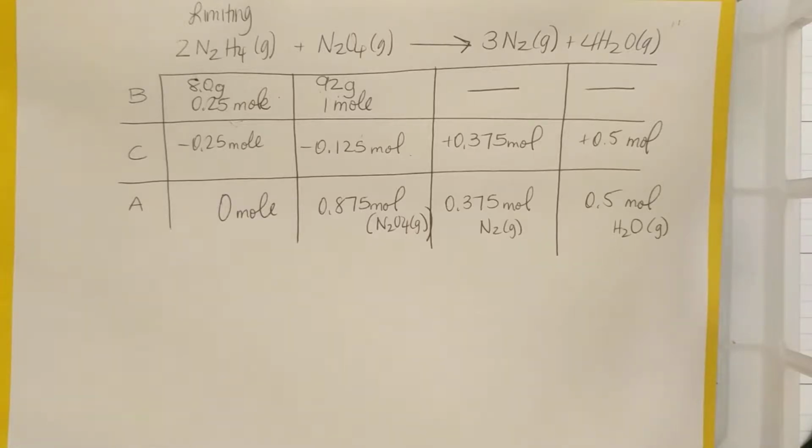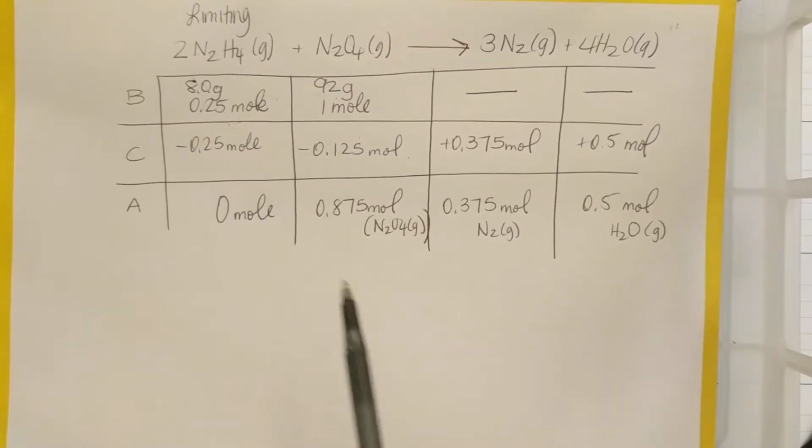Hey, AP Chemistry. I got a request for a bit of investigation into question number 58. I skipped around a bit and already solved for the BCA table, so that's a bit of stoichiometry. But I'm going to start tackling how I could use this BCA table to solve for things like mole fraction